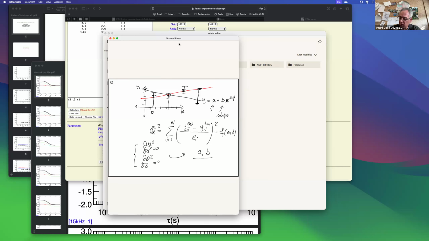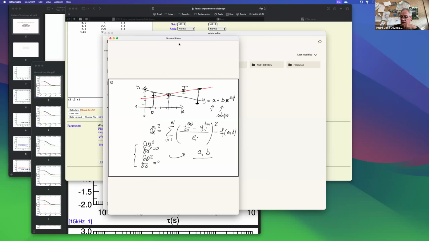Well, this is a mathematical technicality, but nevertheless, if we are working with a function which has the squares, just making the partial derivatives equal to 0 gives us a system of equations that once we solve it, we get a and b. This is very simple or straightforward for this function, which is a function that is linear on the parameters a and b, but can be a rather difficult task if the function is not